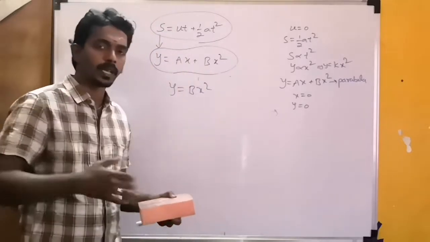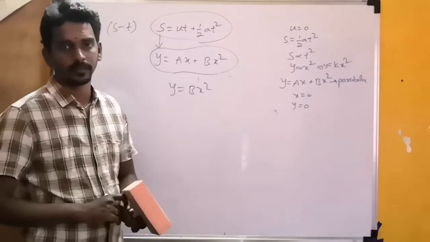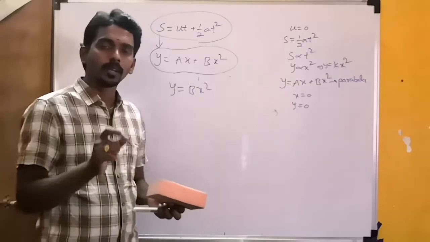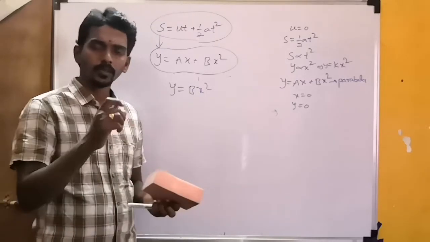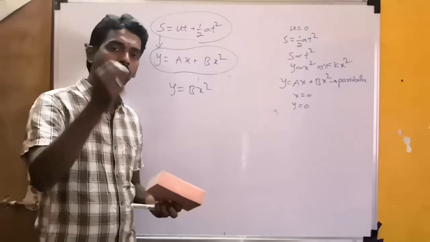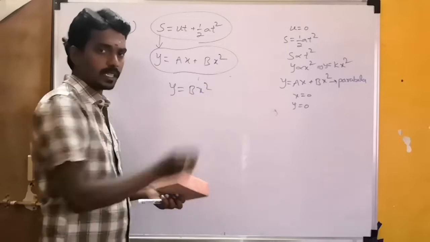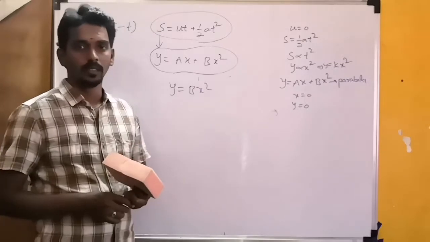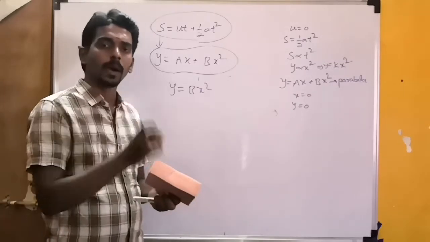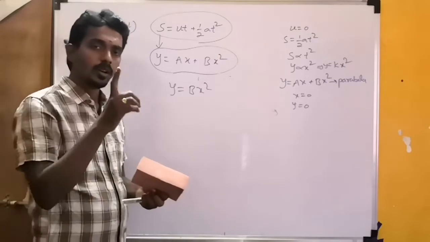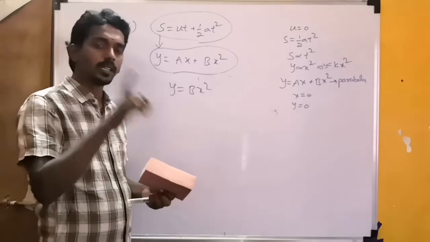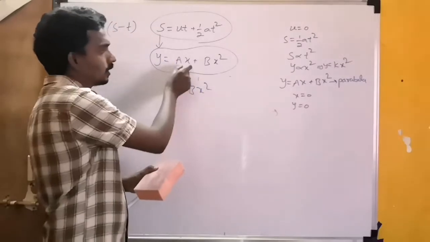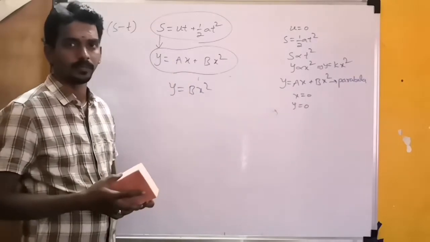In this way also sometimes you will get equations in physics, especially in the kinematics chapter. You will study projectile motion. When you study that two-dimensional motion, you will get this generalized form. Then you will say that the path of a projectile is a parabola, the trajectory of a projectile is a parabola. You will mention that. So when you study that chapter, you will remember this one. So this is also a parabolic representation, right?